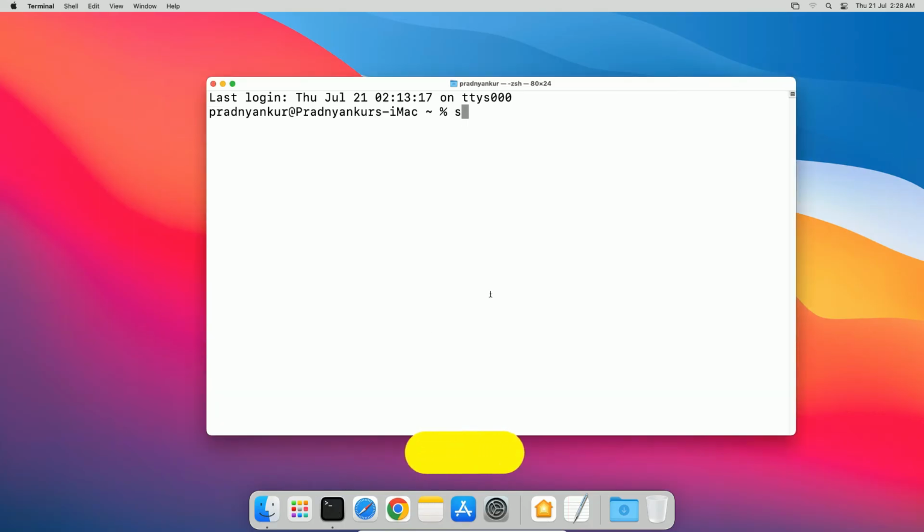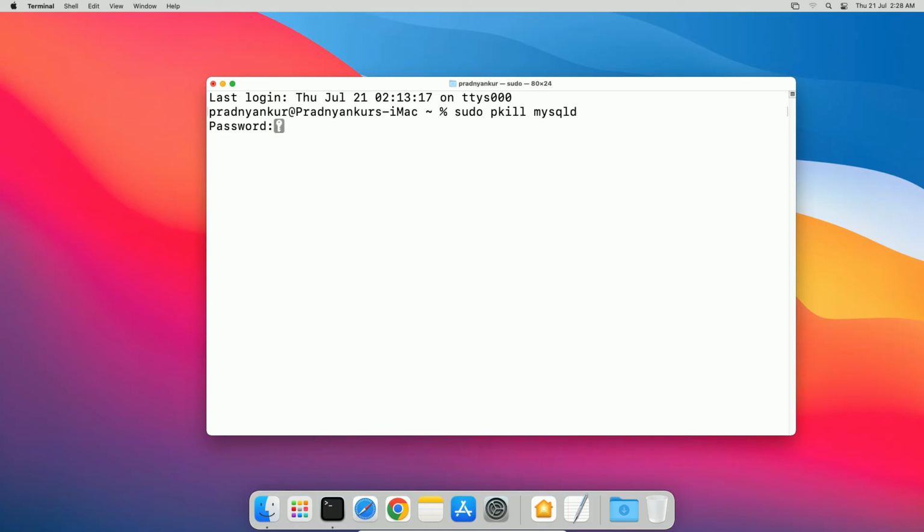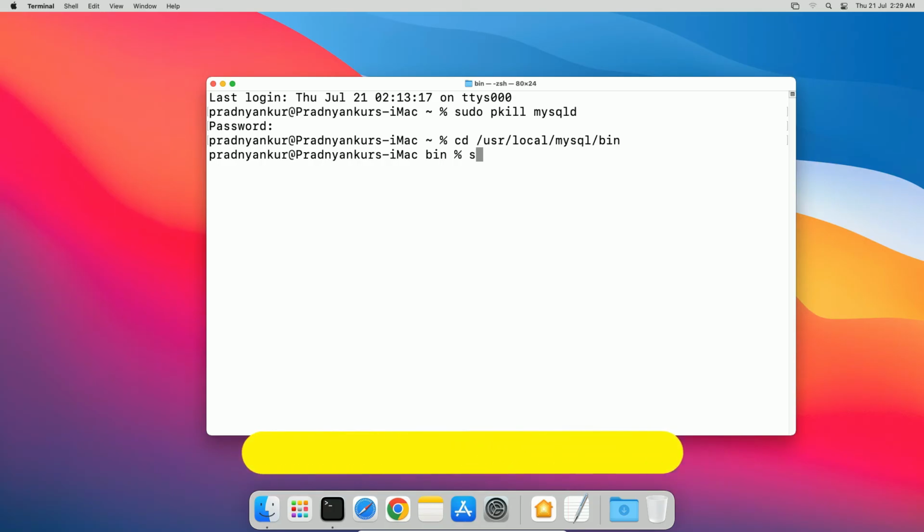and enter sudo pkill mysqld. Press enter. Enter the operating system user password. Press enter. Now go to the MySQL bin folder using cd /usr/local/mysql/bin. Press enter, and in this bin folder enter sudo